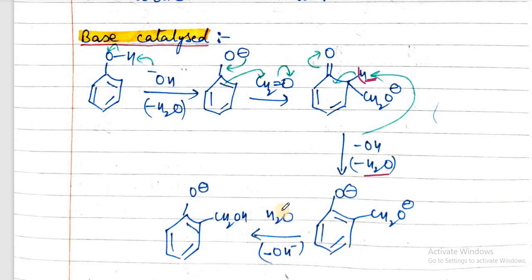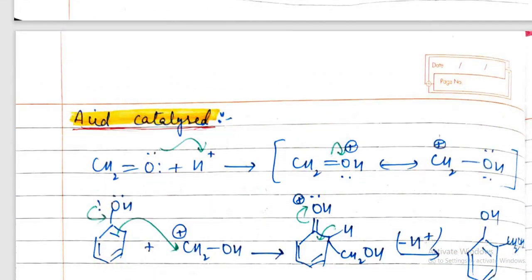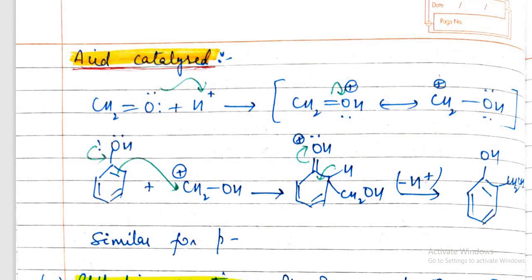So now this, with water, will take up hydrogen from the water and OH negative will be released and we get CH2OH at the ortho position. Now similarly we can do the acid catalyzed mechanism. In the acid catalyzed mechanism, the medium is acidic, so H positive gets attached to O through lone pairs and it is OH, and O will now have positive charge. Then this electron moves to this and this will have positive charge. So this is protonated formaldehyde as an electrophile.